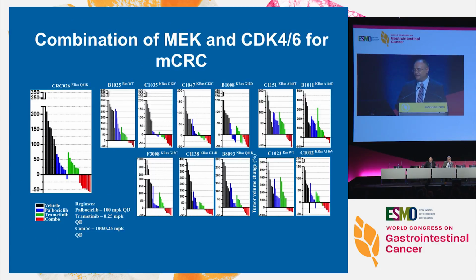This is in an NRAS mutant cell line, and you can see single agent palbociclib and trametinib did not do anything. But combining, you see suddenly significant tumor shrinkage or cell death. And looking at many different cell types, you see it in mutant, it seems to really work well, except in the wild type, which makes actually some sense. So smarter inhibition on dual sides in this complex signaling pathway may be helpful, and CDK4 and 6 in combination with MEK inhibitors are now in clinical trials.